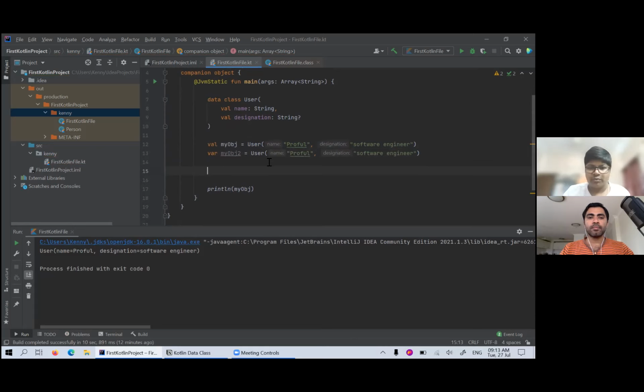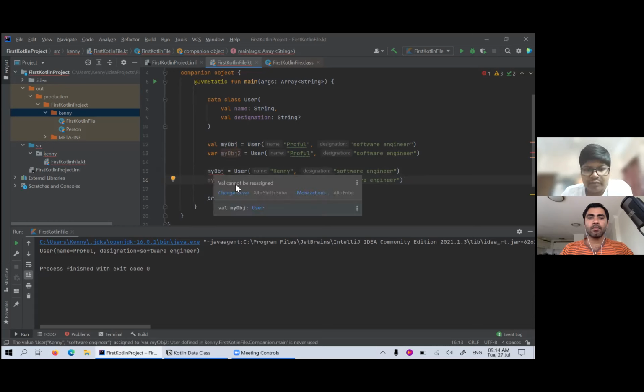If I just change this, here my object is already giving me an error, and it is saying val cannot be reassigned.